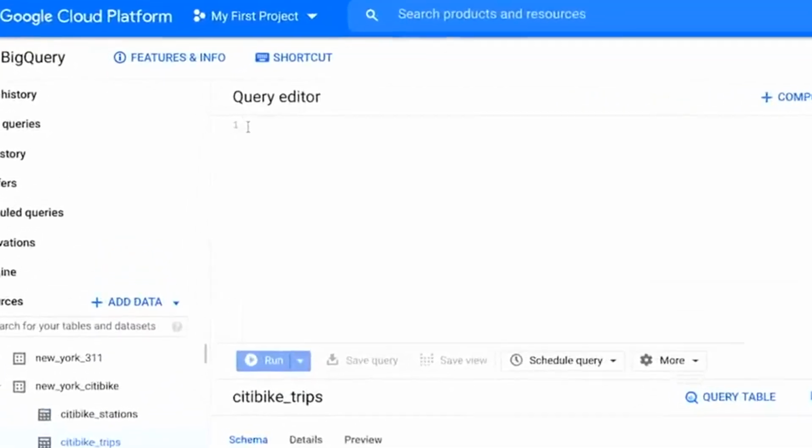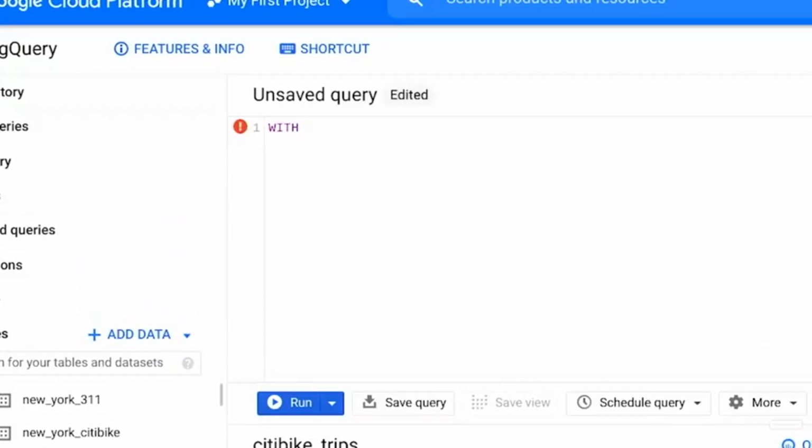We'll start this query with the WITH command. We'll then name our temp table trips_over_1_HR. Then we'll type the AS command and an open parenthesis. On a new line, we'll use the SELECT FROM WHERE structure for our subquery.